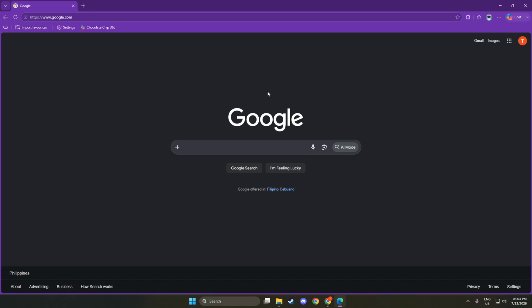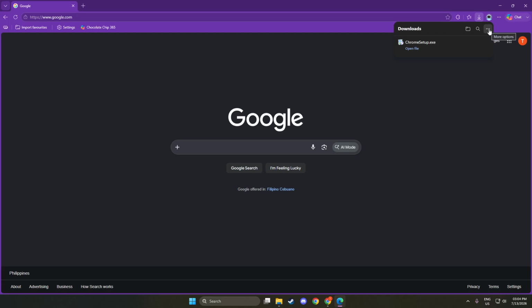From there, look for the More options button located in the Downloads panel. This button might look like 3 horizontal dots and is usually situated next to each downloaded item. When you click on this button, a drop-down menu will appear. Here you will find various options related to your downloads.